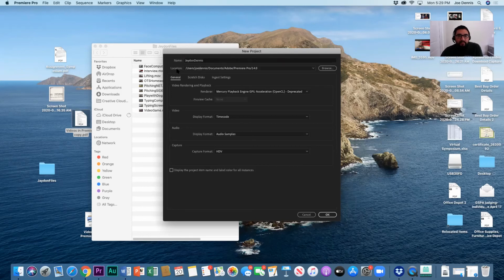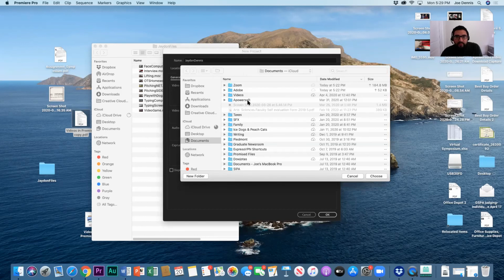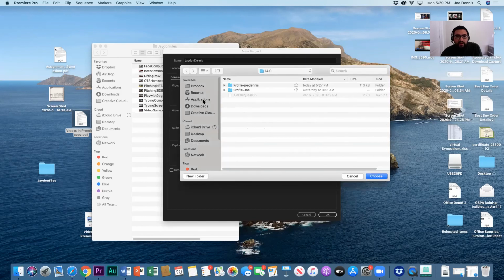Now this is important. It says here location, this is where it's going to save. So many times I have students who can't find their files because they don't know where they saved it. What I always like to do is know where I'm saving it. This defaults to a folder in your documents that Adobe Premiere creates when it saves, but I've used this program for more than a decade now, and I still don't know how to find that